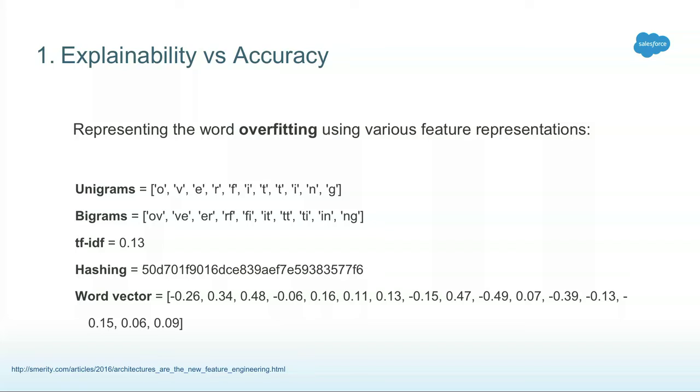Now, just looking at this, obviously a character like O is much more humanly understandable than some score of 0.13. Even more advanced methods, such as word embedding, result not only in one number, they result in a whole vector of words. And if I go to the customer and tell them, your model performed this way because the second index of the word vector is 0.34, you don't really know anything more than you did before I told you that.